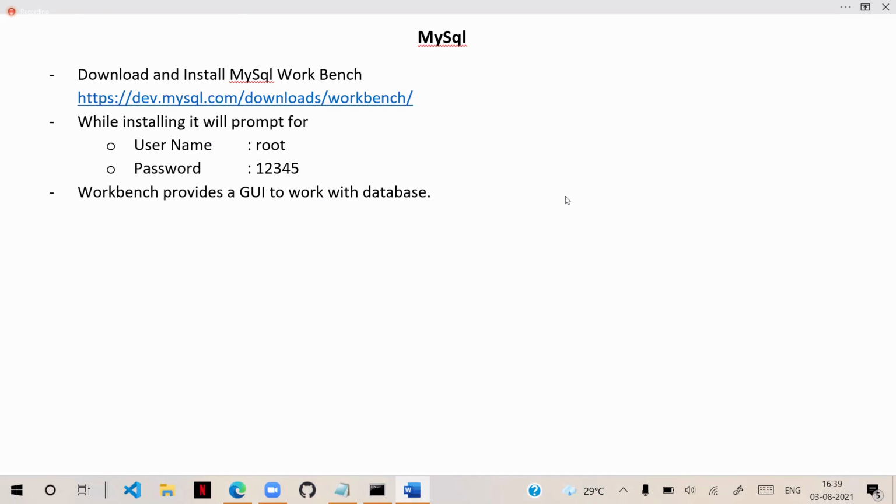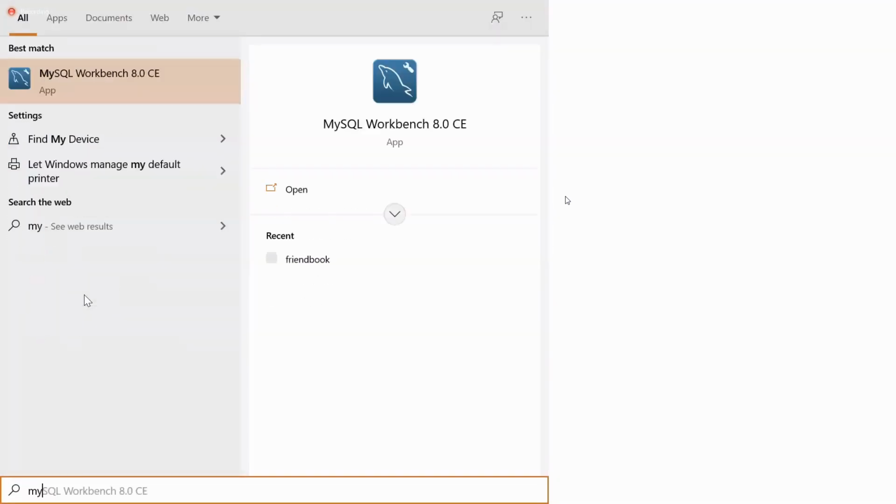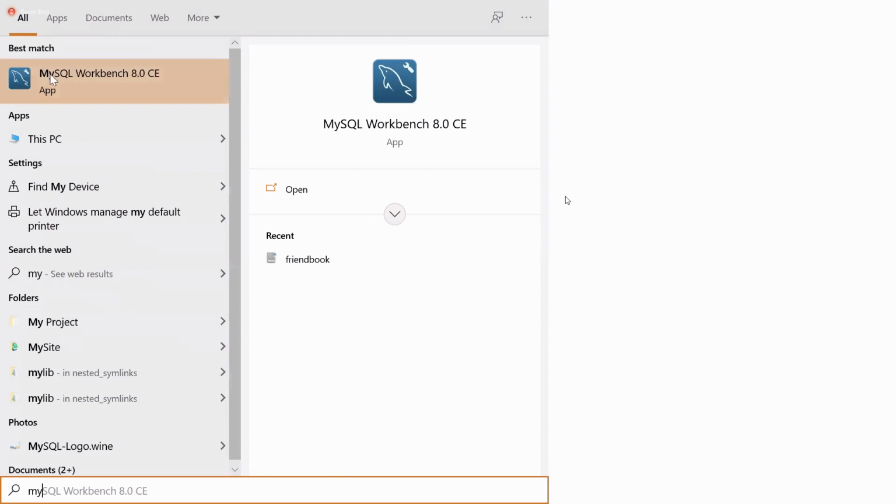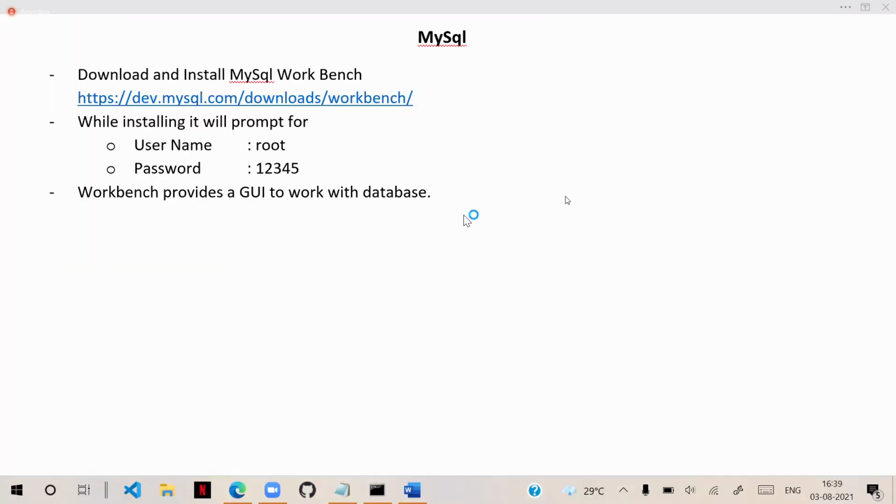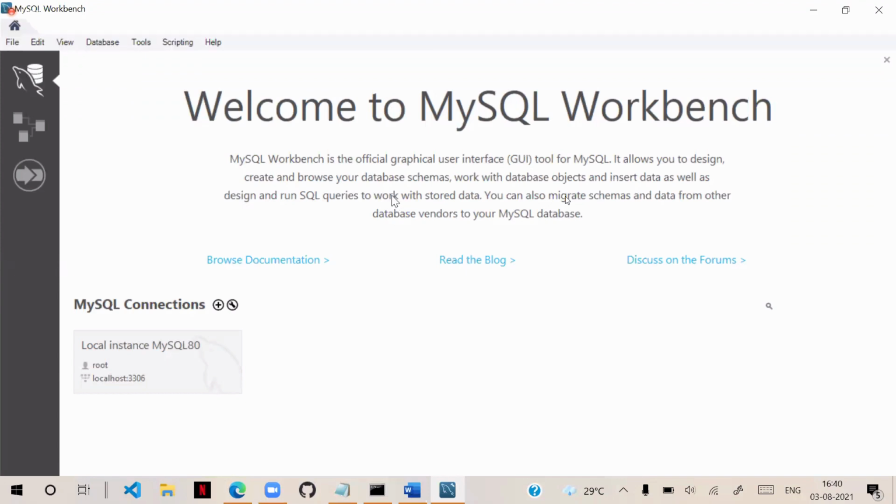This is MySQL Workbench. You download this MySQL Workbench, and here everything is SQL-based commands, but it will automatically generate those commands for you. So in the graphical interface, when you launch MySQL, this is the MySQL Workbench.